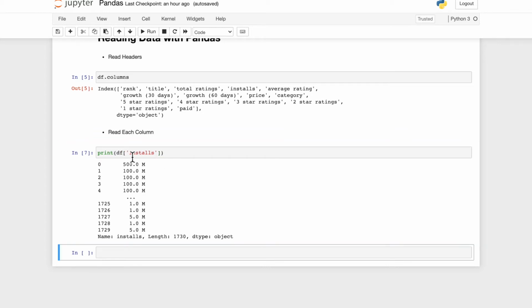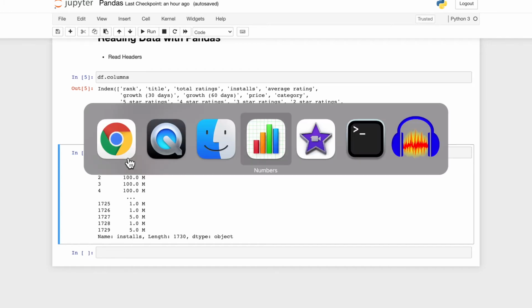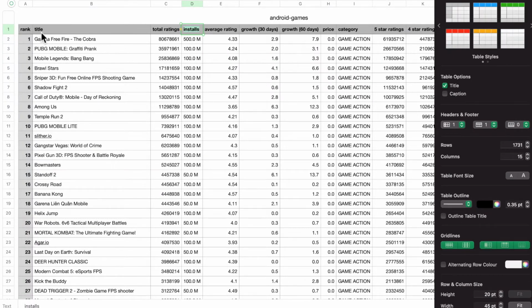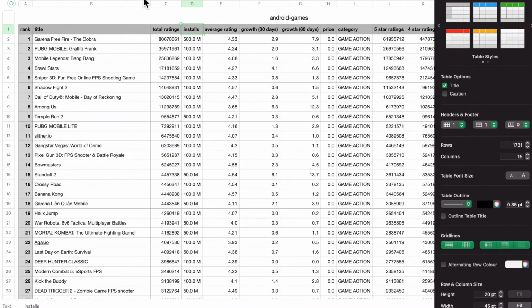Let's say you don't want only installs, you want two or three columns at the same time. Let's say title, total ratings, and installs, all of these. So let me go back here. Just add a bracket here and a bracket here as well, so that it becomes a list. I can make a list here, and pass along all the columns which we need. Here we need title, installs, and ratings. Let us copy the